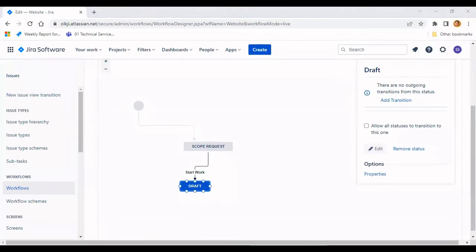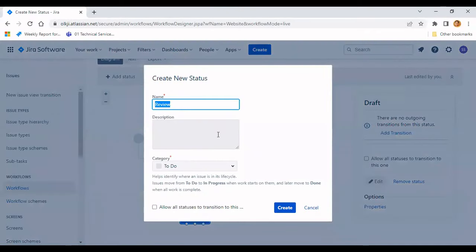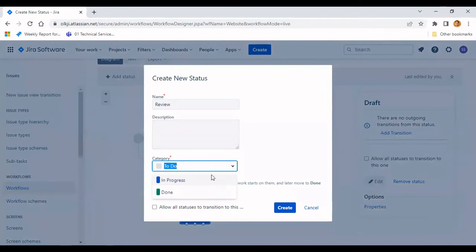What next? We now need to put a review, the next status. After draft, we will have a review and the transition will be send for review. So let's add status as review or in review. So review, let's review. Because review was not there, you can see, right?